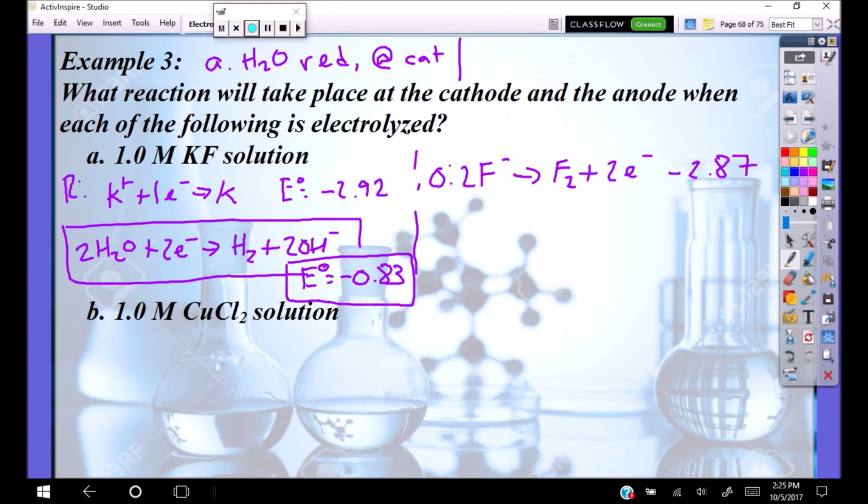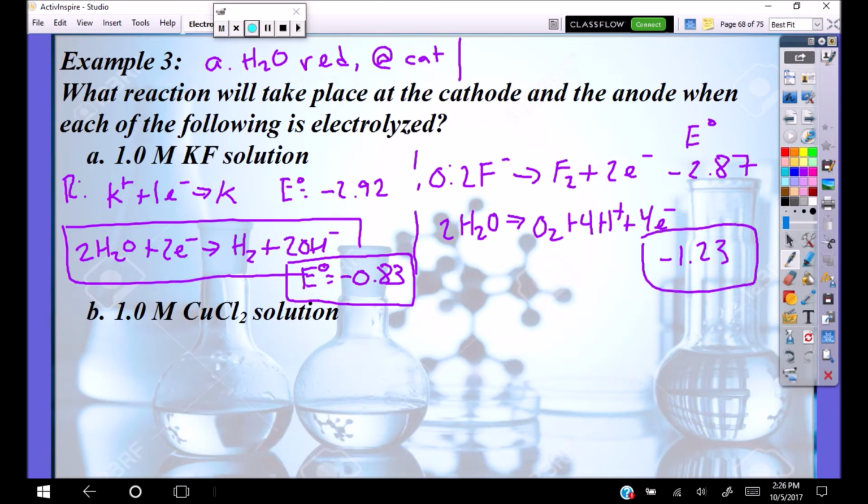2.87 cell potential. And if we look at the oxidation of water, the 2H2O, this one goes to O2, 4H plus, and 4 electrons. So this is the E value here. The E for the water oxidation is negative 1.23. And again, we go with the one that's more positive because that's the one that's more likely to happen. So here, water gets oxidized